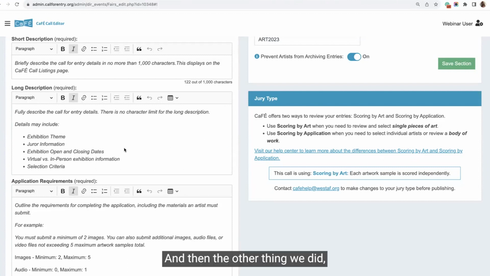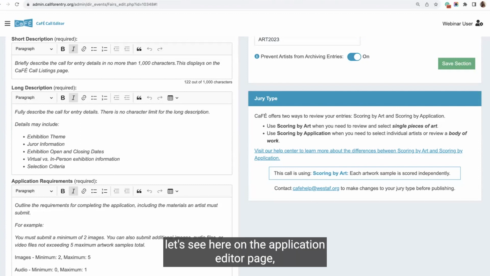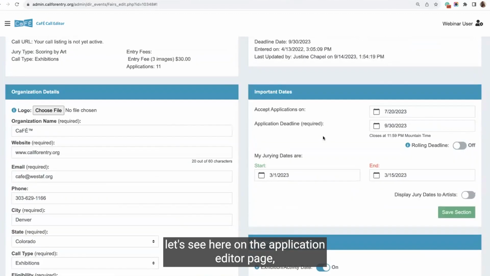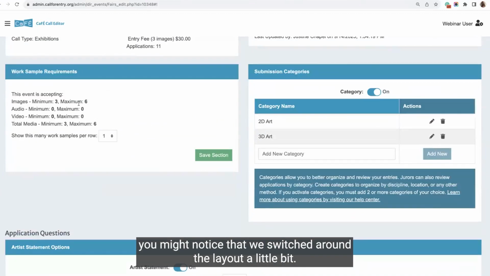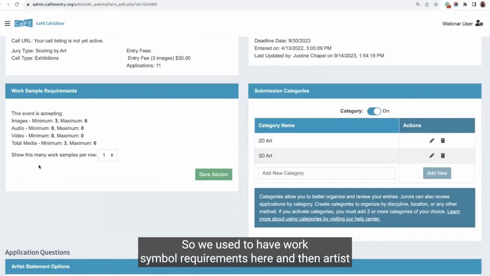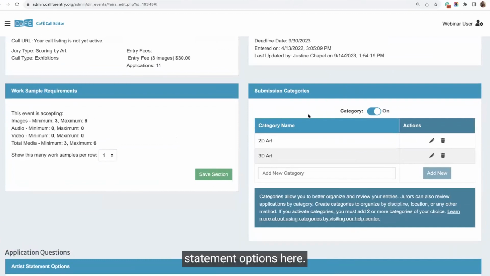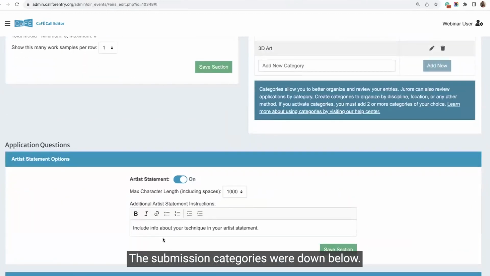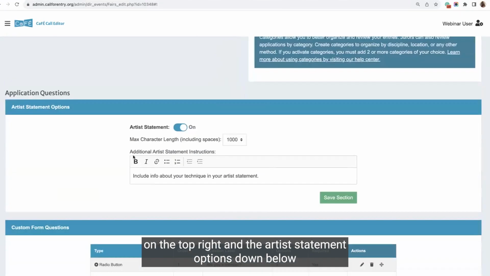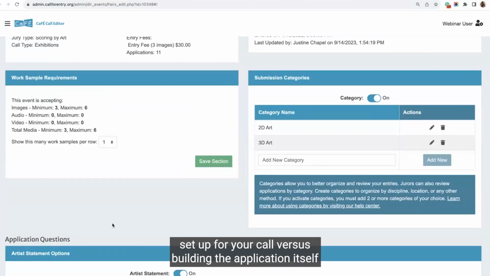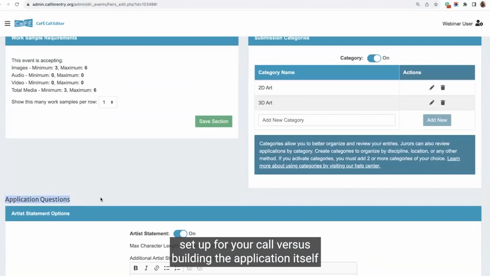And then the other thing we did, let's see here on the application editor page, you might notice that we switched around the layout a little bit. So we used to have work sample requirements here and then artist statement options here. The submission categories were down below. We've just flipped that so that now it's submission categories on the top right and the artist statement options down below, because this kind of better categorizes just the basic setup for your call